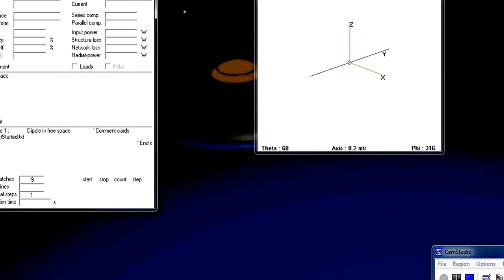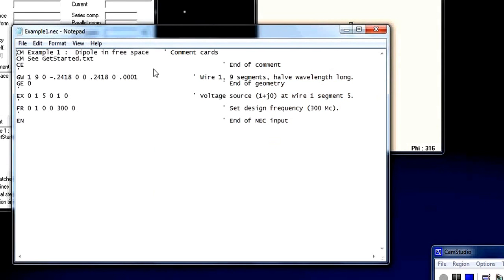Okay, now the next thing, and this is very, very useful, this is the editor button. Now if you press this button, it'll take you into an editor. Now this editor here, you look at it and you go, what are all these cryptic symbols? Well, I wouldn't worry too much about that at the moment. This is the notepad editor. Now if you're a person who likes to do things just by typing them in quickly, and you're very comfortable with these particular symbols, you already know how the NEC card system works, by all means